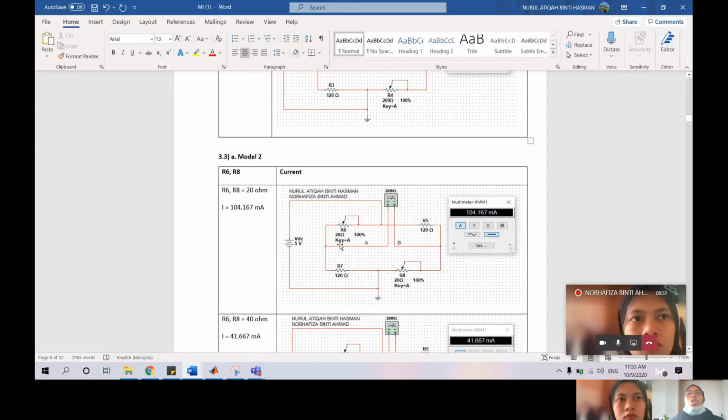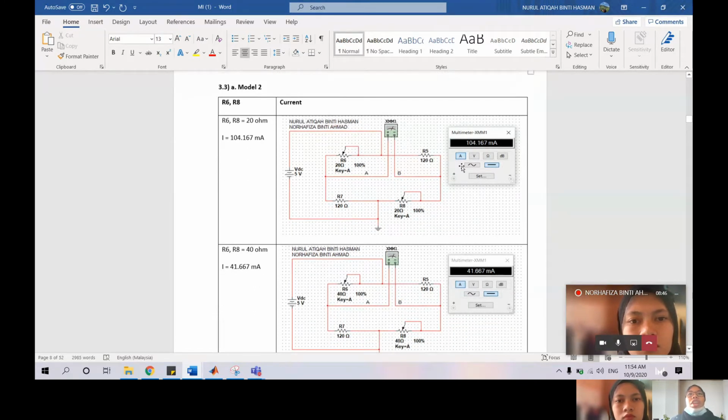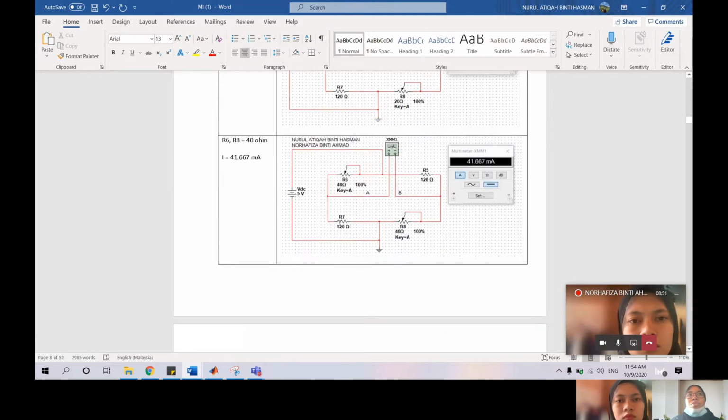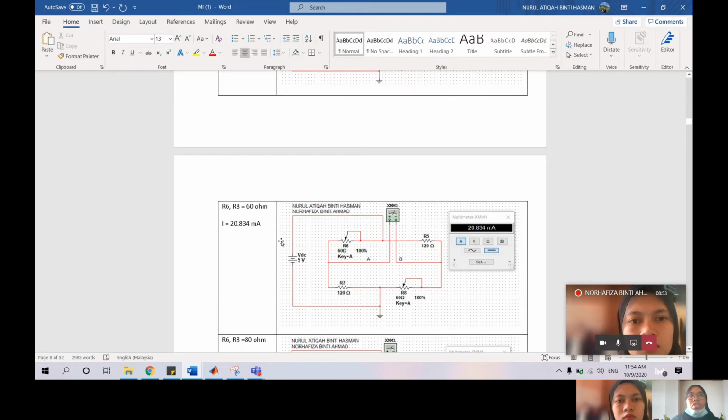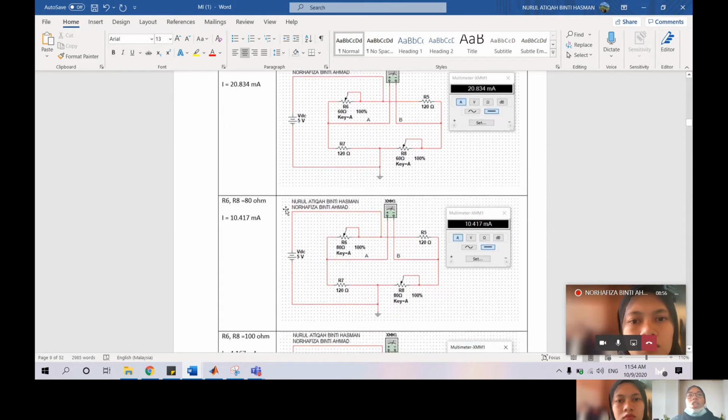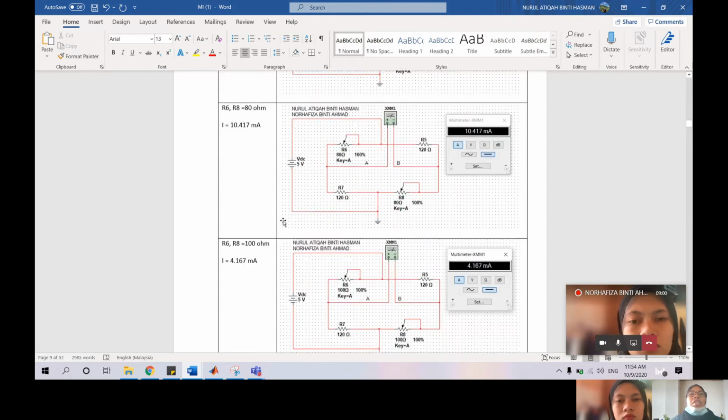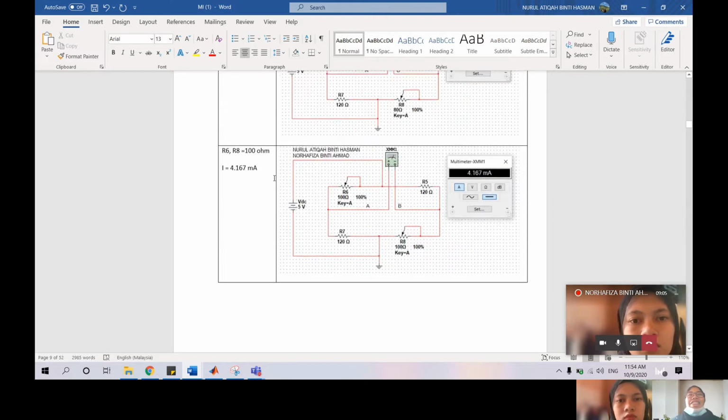And then we also calculate the current using the multimeter, same as the previous model, which is to put the multimeter at point A and point B. So this is the 20 ohm value of the potentiometer resistor. The second one is 40 ohm. Next, 60 ohm. After that we use 80 ohm. We get 10.417 milliampere, sorry. Next is 100 ohm,